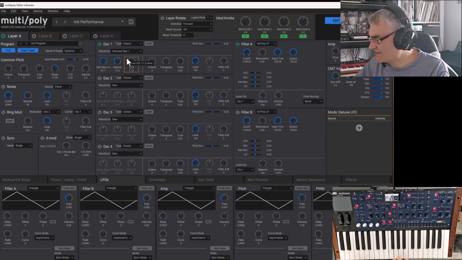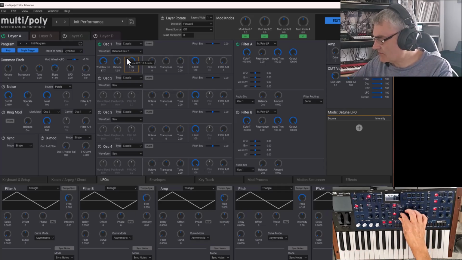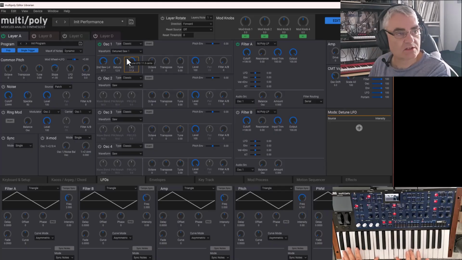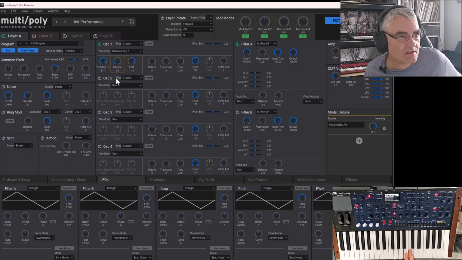Now it sounds a bit basic, doesn't it, with that envelope? So I'm just going to slightly change this envelope to a nice slower attack and release. If you listen to this one now, you see it's quite detuned. And then if I speed that up,